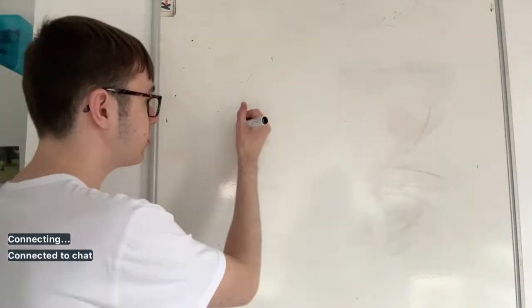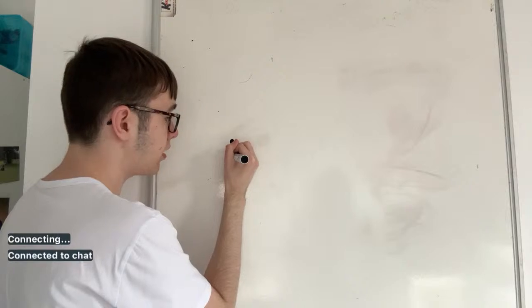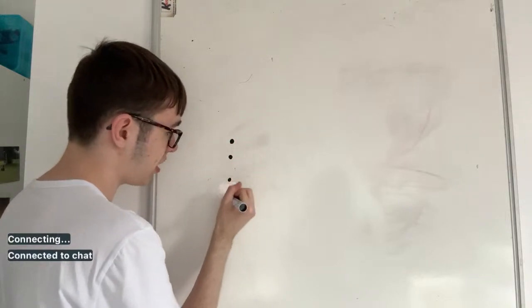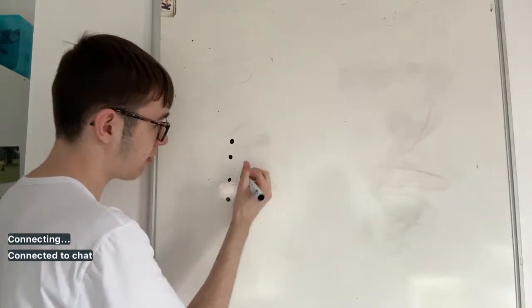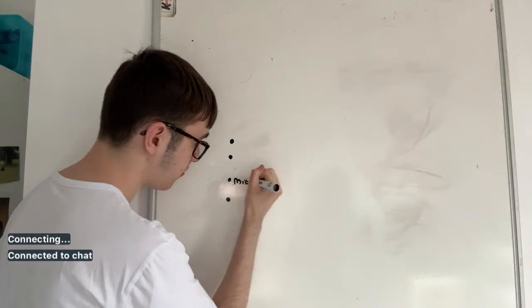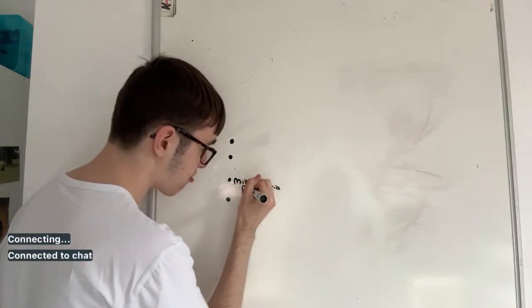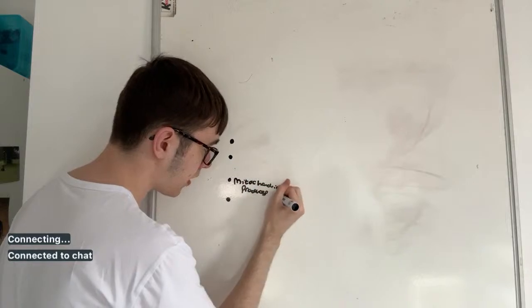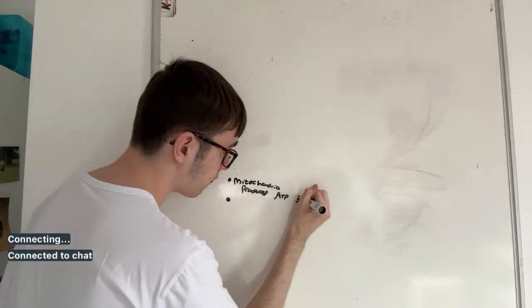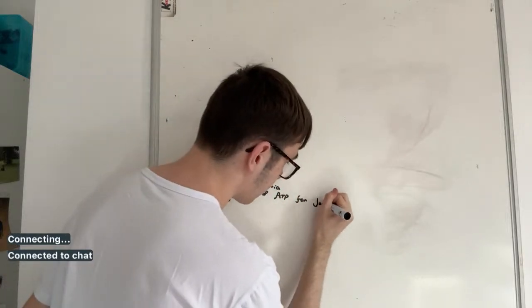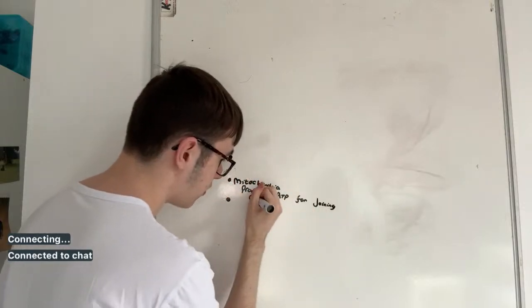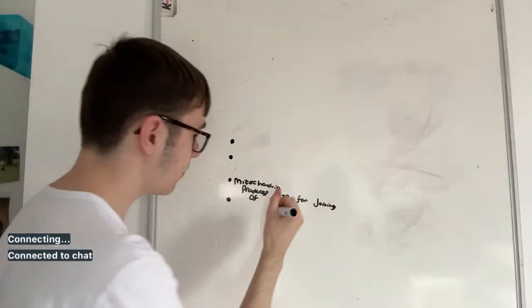This is a question I haven't done before, but I remember similar questions, and I remember what they want you to talk about here. Mitochondria produces ATP for joining of polypeptide